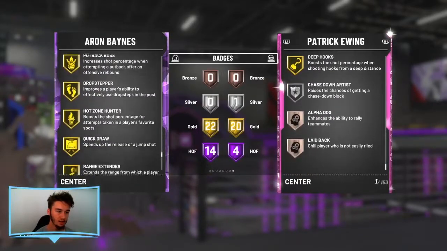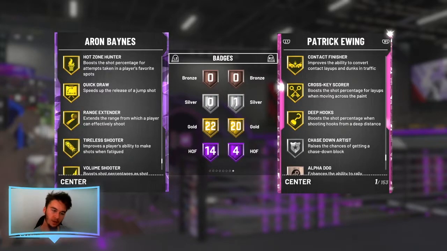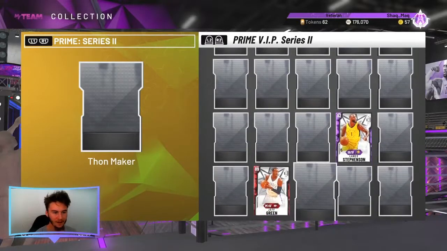He doesn't look like he has it. Oh, he does. Yeah, he has it at least, but he doesn't have it in the Hall of Fame, which is a bit annoying, but overall, what can you do? It is an amethyst card. You can't really stress too much. And finally, we have